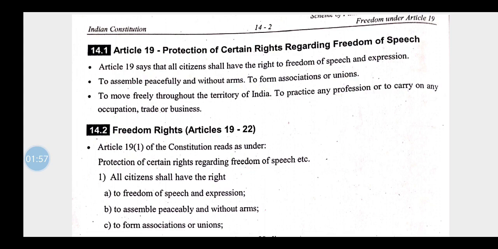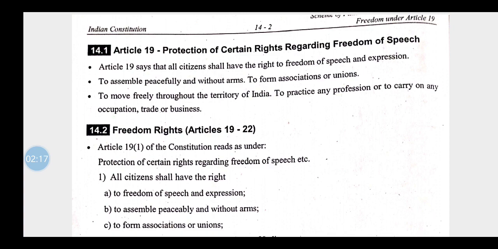So the freedom of this article is conferred exclusively on Indian citizens and not on foreigners. So in this freedom, the state may also impose limitations on the rights referred to in this